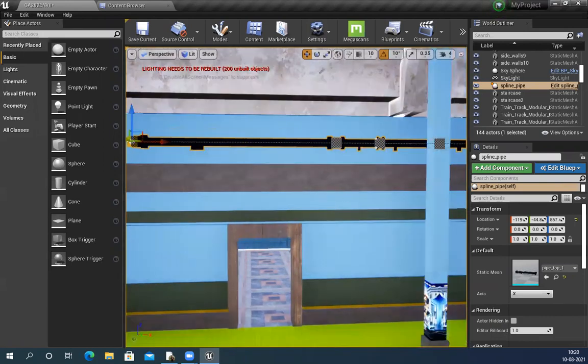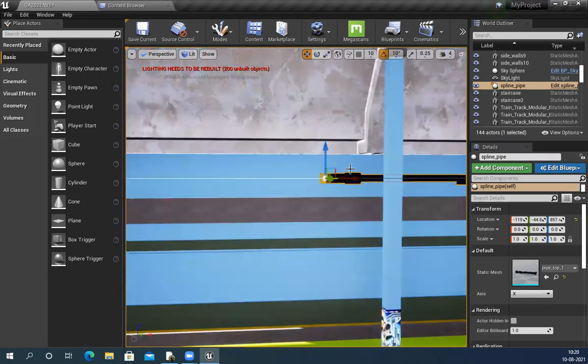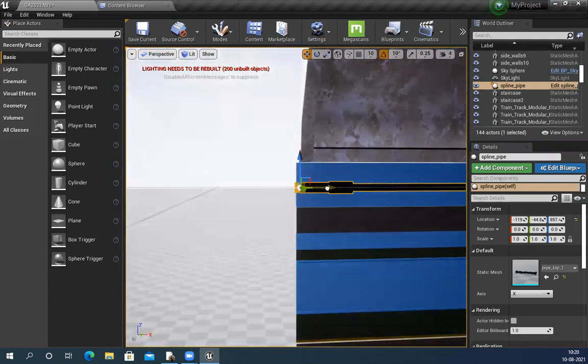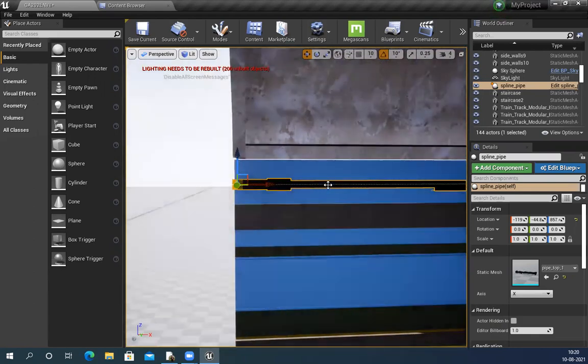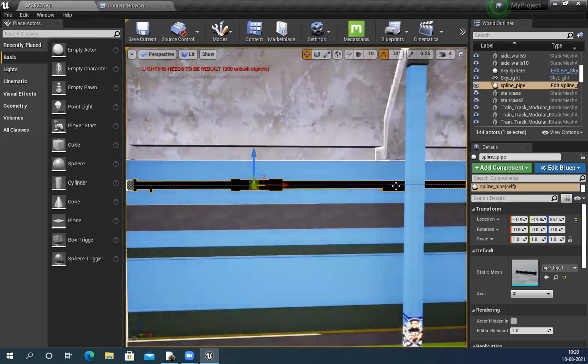Let's extend this. Don't worry, it's stretching. I'll add more points here. Wherever you want to add a point, right click, add spline point. It will automatically create that shape.